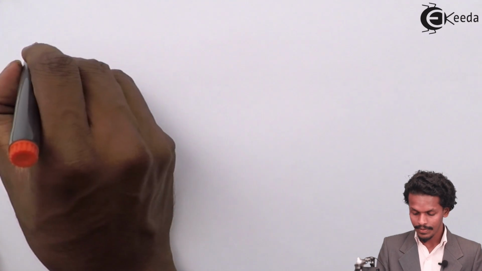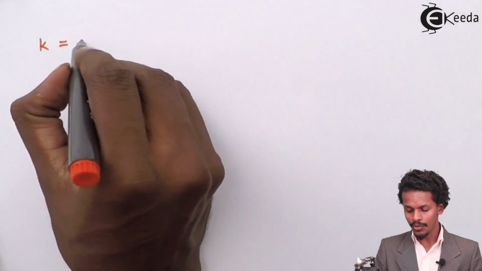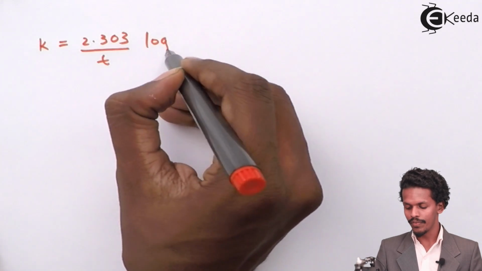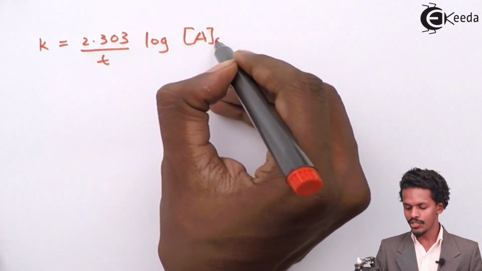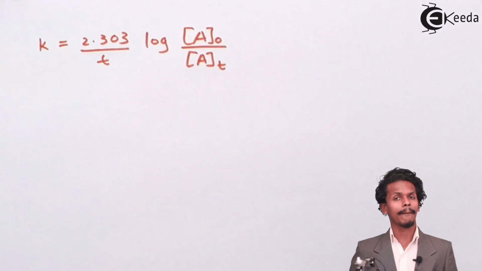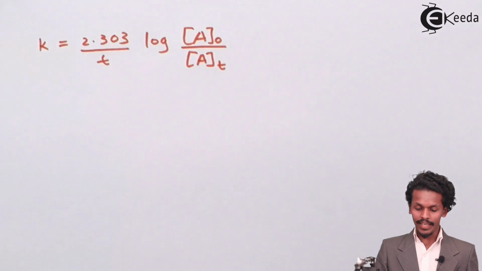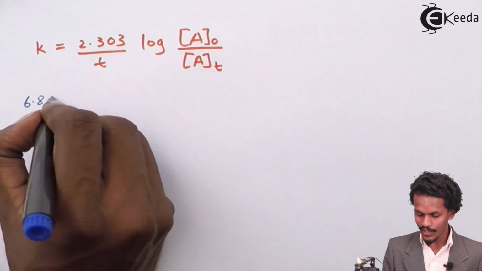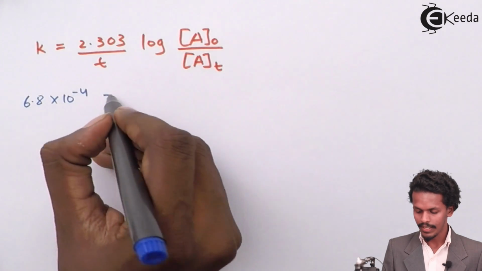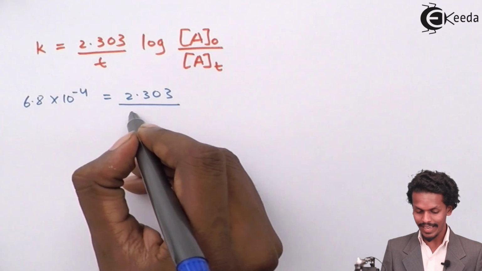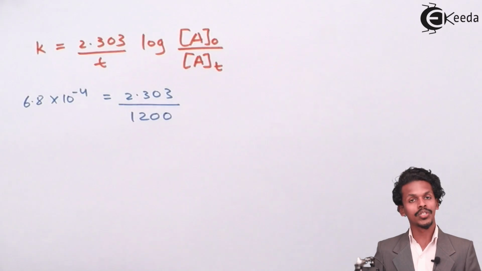for the first order reaction, K is equal to 2.303 divided by T log of A0 divided by At. Now the value of K we will substitute here. The value of K was found to be 6.8 into 10 raised to minus 4, while the time was estimated as 1200 seconds,